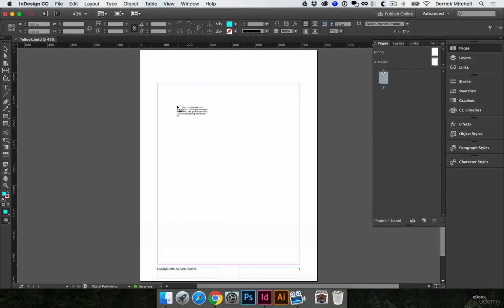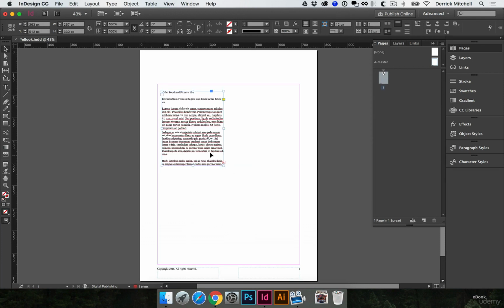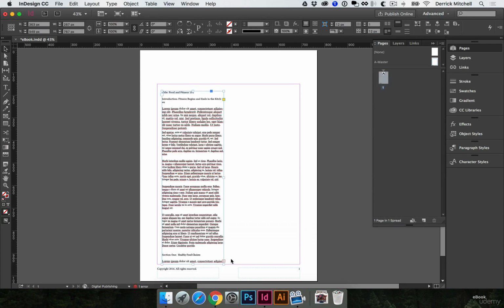So with this loaded, I can do a couple things. I can click and drag, which brings in most of my text. But you'll notice that I do have this little red box with a plus icon, meaning that there's some text that's not falling within that text box. It's overset text. And I can try and drag these handles to make more of it fit, but maybe I still need more space. So what I can do is click on that icon,